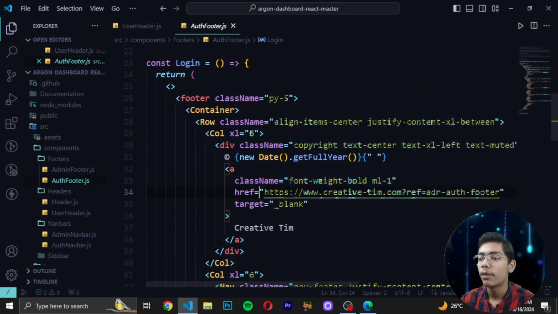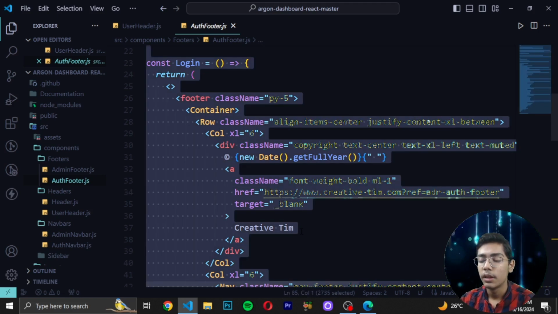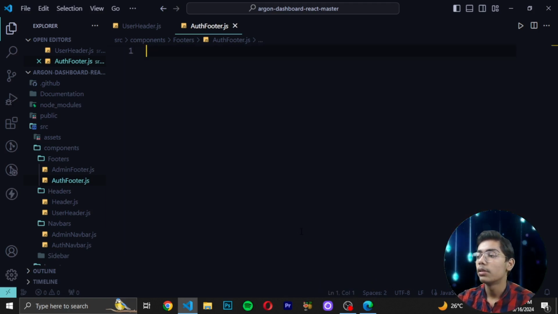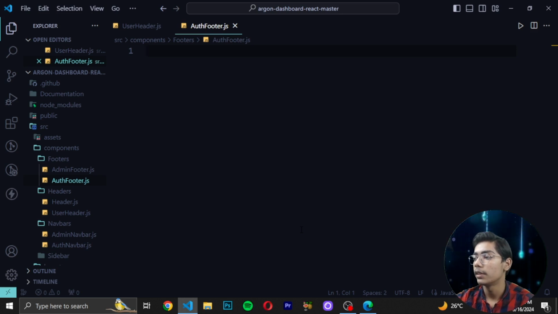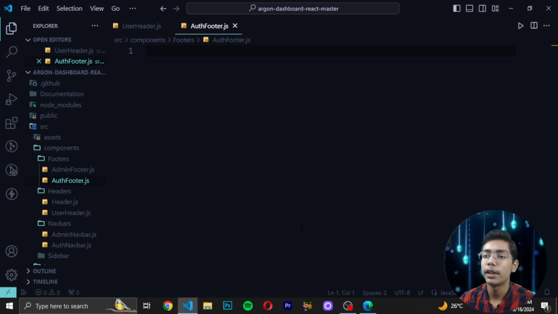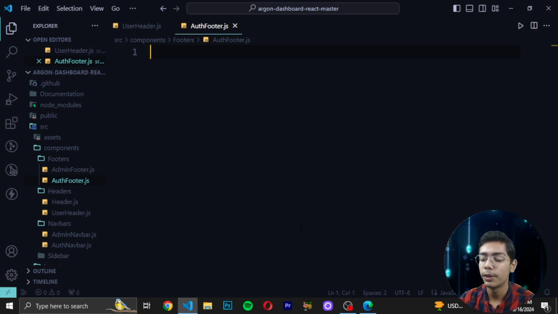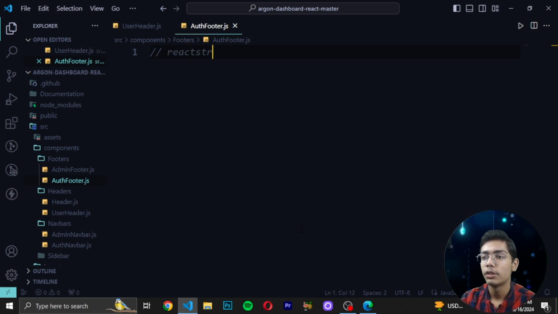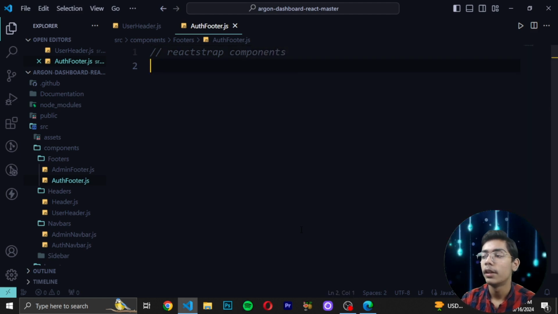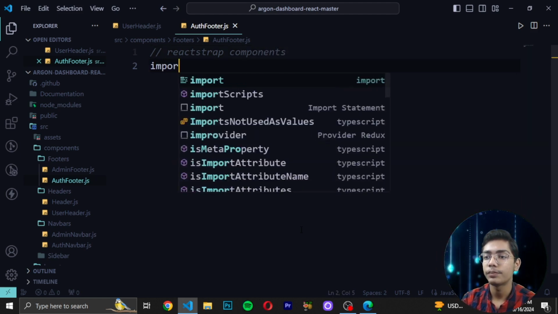So now for changing the footer, you can just move here, and then you can remove all this stuff here, and then move on to the auth footer file in which you are getting all the things totally. So we will be just adding the things in this auth footer file, and we will be again starting from the reactstrap components, which will be the comment. So I will be writing reactstrap components, which will be the comment,